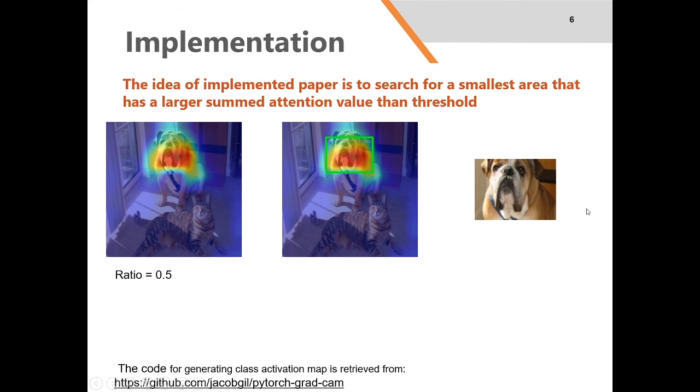And the last image is the final cropping result. As we can see, we can crop the dog's face and head automatically using this method. So this presentation explains 3 different segmentation techniques and also the implementation results of the selected paper,